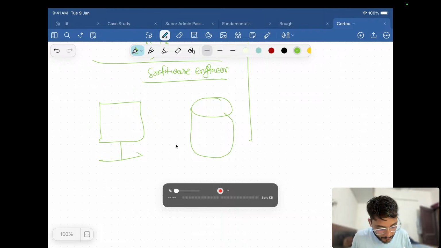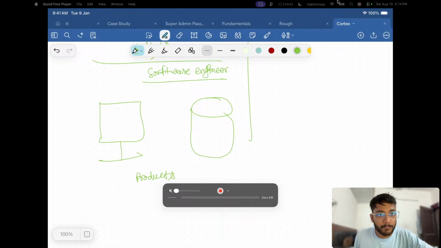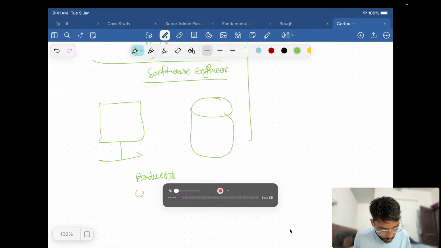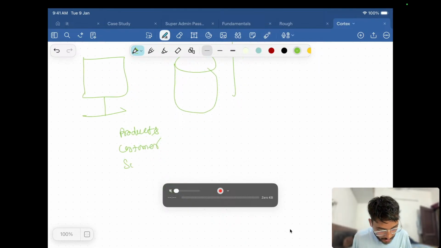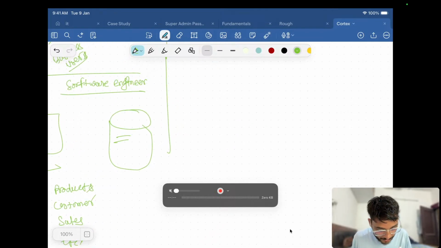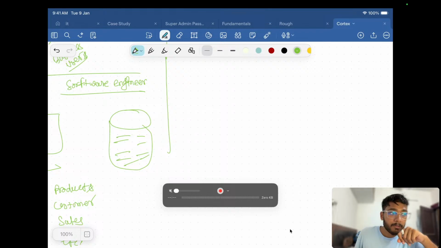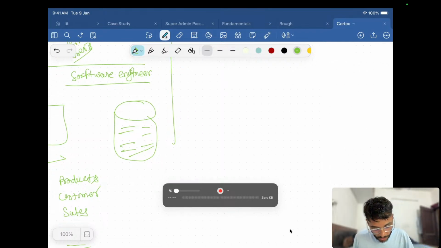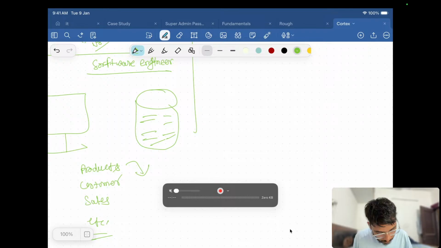For example, it could be products. There are different tables, if you know a little bit of databases, so you will create different tables. You have products, you have customers, where you keep the profiles of the customers, and sales maybe, etc. There are also some other tables. So you are keeping them here. These tables are highly normalized. Normalized in the sense that if you update in one place, you don't need to update multiple places. It's normalized data. Normally, if you know a little database concept,